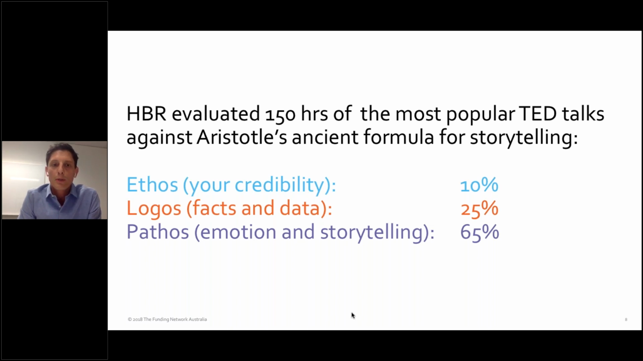of the most popular TED Talks against Aristotle's ancient formula for storytelling and plotted it against these three areas. So ethos, logos, and pathos. You may have heard of these before. So they're the three elements of storytelling that Aristotle